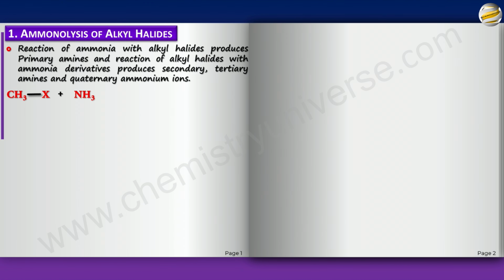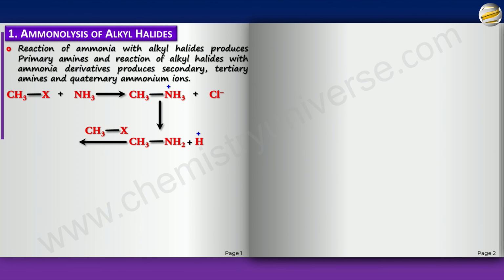And first the nitrogen's lone pair will attack the carbon, and you will have this formed along with the X minus, which I'm taking as Cl minus here. And then of course the H plus from this ammonium ion will be taken by Cl minus, and it will become a primary amine. Rather, it's a primary amine, nitrogen attached to one carbon. Now if this were to further react with CH3X, if you have sufficient CH3X, then the nitrogen here will be more nucleophilic than even ammonia because of the plus I effect of carbon. This nitrogen becomes more nucleophilic.